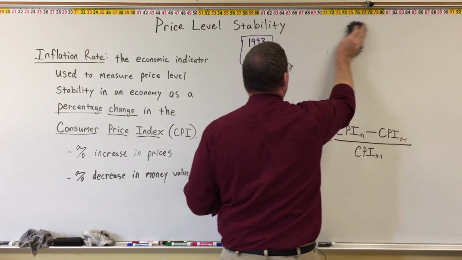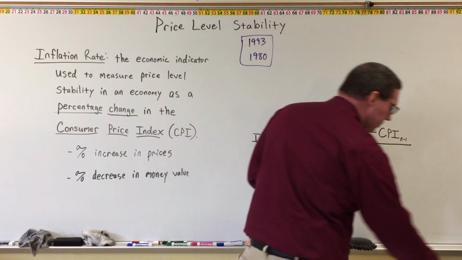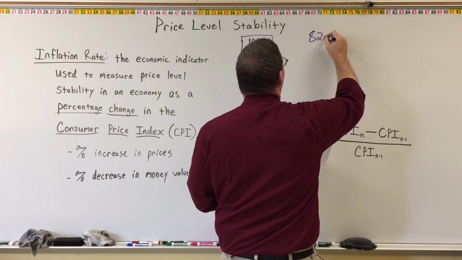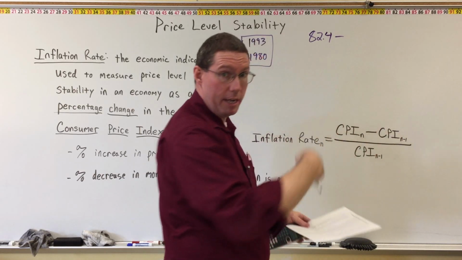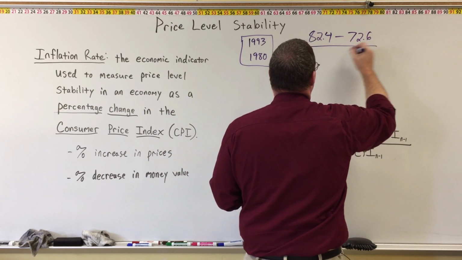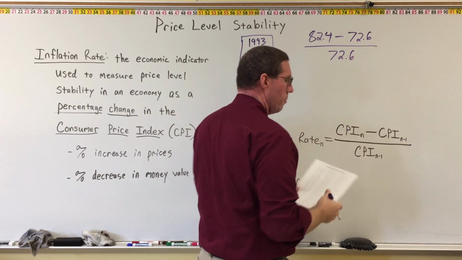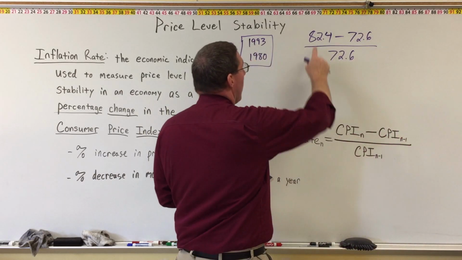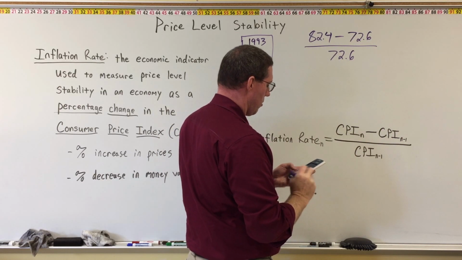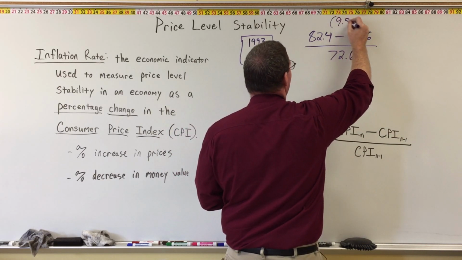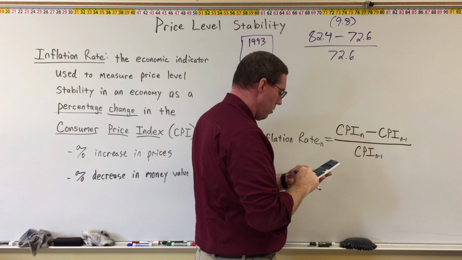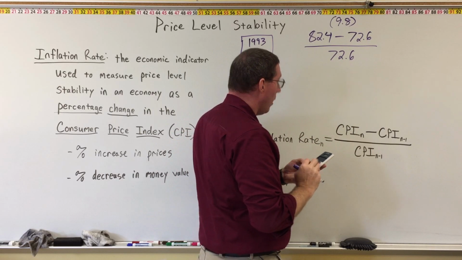1980, we need the CPI from 1980, which was 82.4 minus the CPI from the year before, 1979, that's 72.6 divided by 72.6, the year before, 1979. And so now 82.4 minus 72.6 is 9.8. And then we'll divide 9.8 by 72.6. And we get